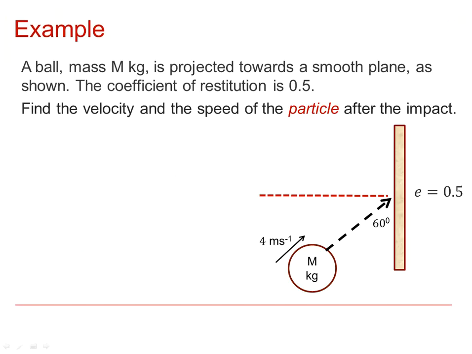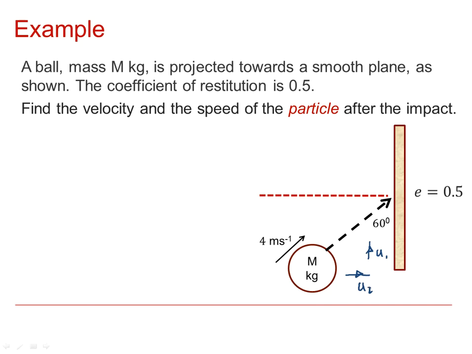So this is the situation that we're looking at, where I have the initial speed of 4 meters per second and the angle of approach to the wall is 60 degrees. On there I need to consider this as two separate motions, one which is perpendicular to the wall and one which is parallel to the wall. So if I let the parallel one be U1 and the perpendicular one be U2,